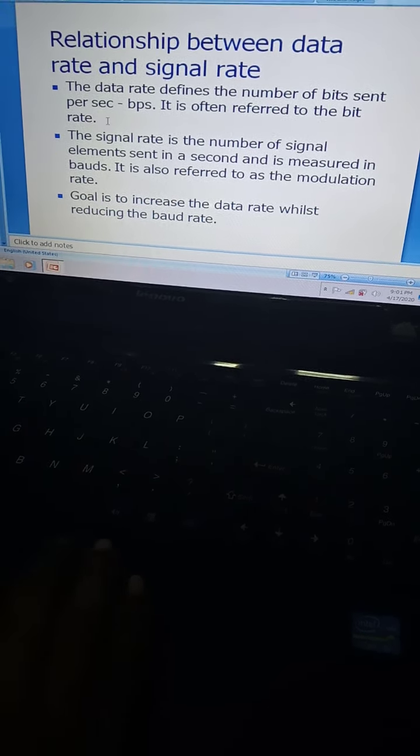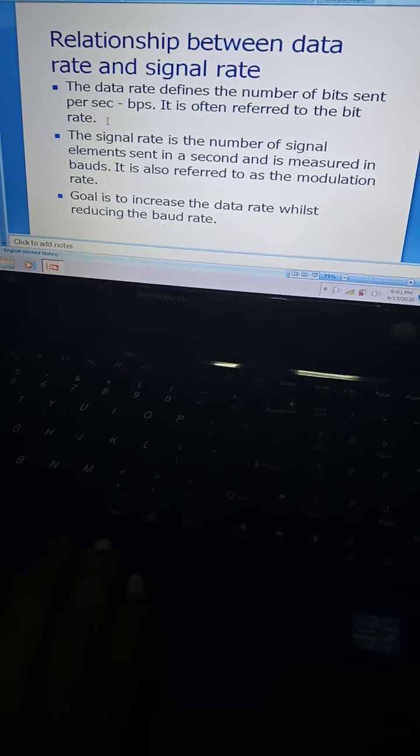Next, an example problem. A signal is carrying data in which one data element is encoded as one signal element. So, one data element encoded as one signal element means r equal to 1 by 1, which is equivalent to 1. If the bit rate is 100 kilobits per second, what is the average value of the baud rate if c is between 0 and 1? So here you can substitute, the bit rate is given, the ratio value is given, and the c value is given.